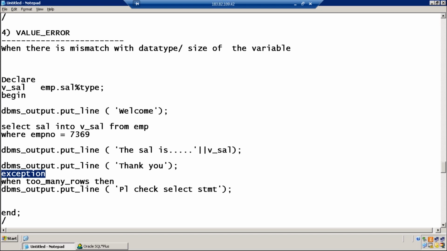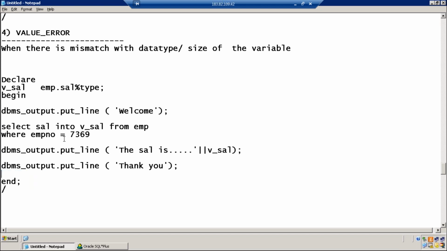V underscore salary, where employee name.